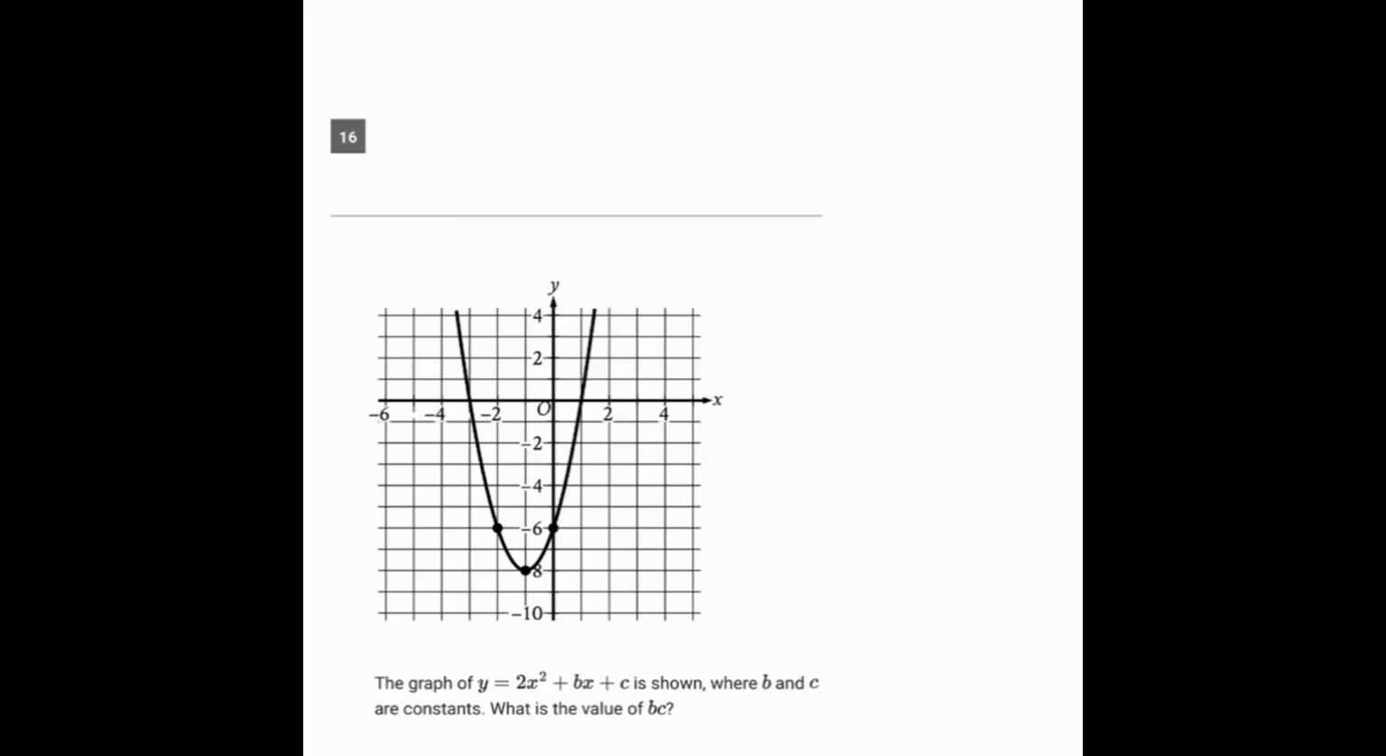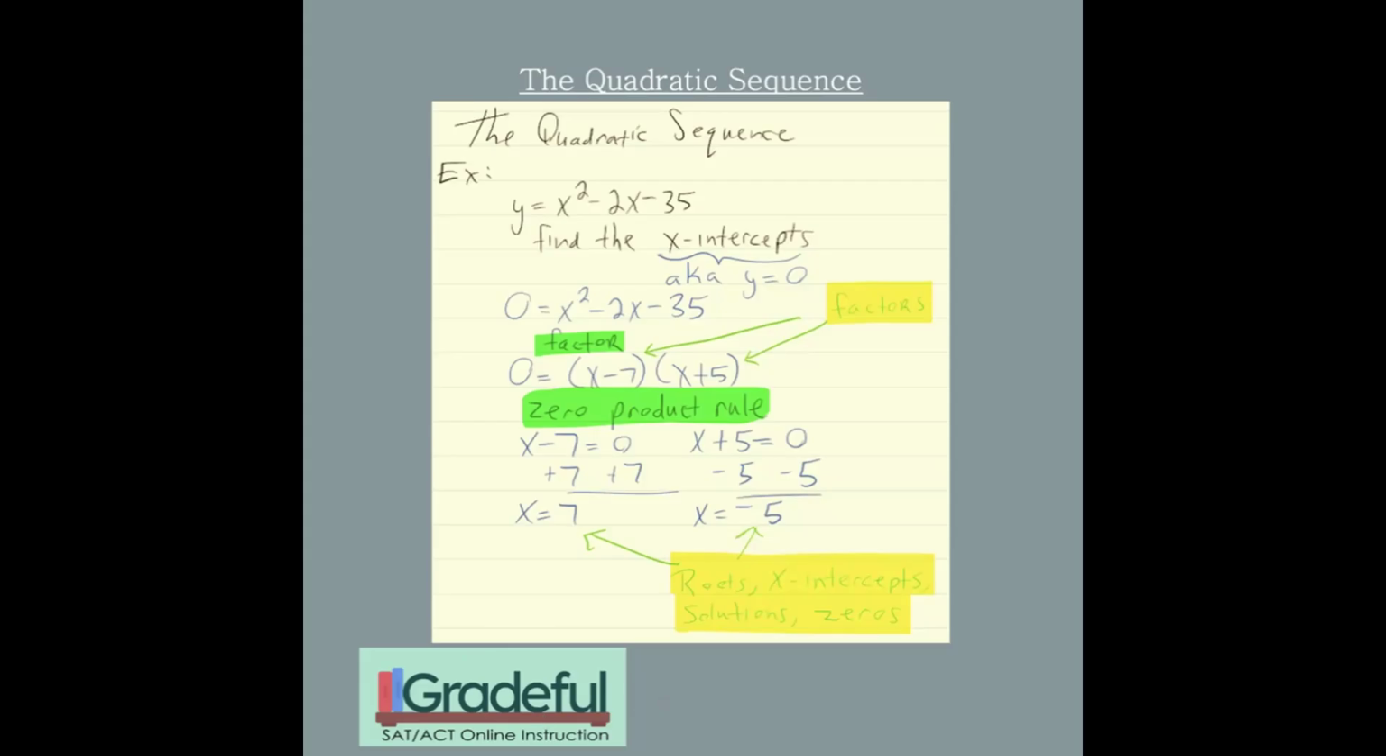Now going to question 16, to make sense of this question, we have to understand how the x-intercepts in this situation relate to the factors. Now that relationship is something that we refer to as the quadratic sequence. So let's just say you have a regular quadratic equation like this one here, and you have to find the